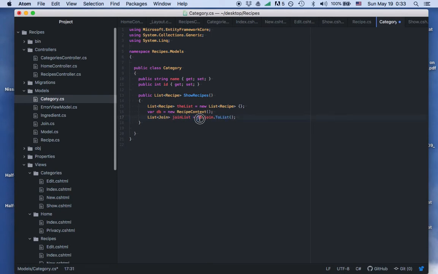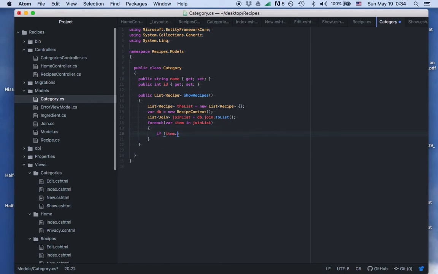That's what it does. It goes into our database, it goes to the join table, and it says toList, built-in method. And then we're going to say for each item, which is our join object, for each join object, which we're calling item, in joinList,